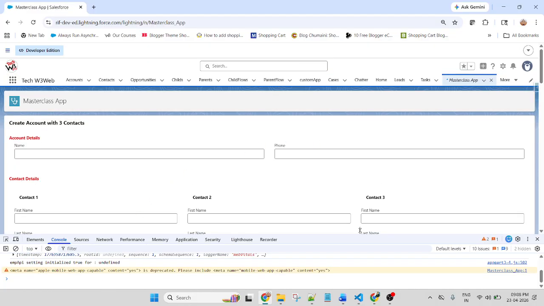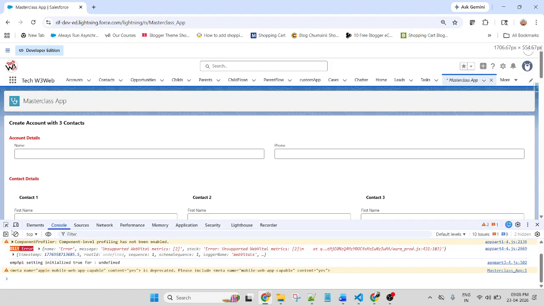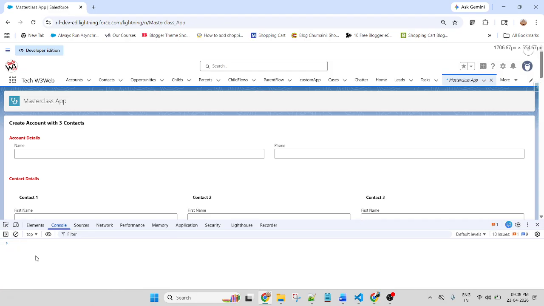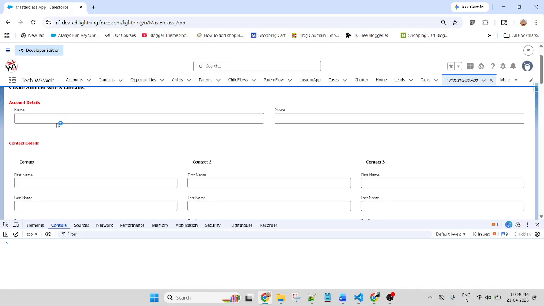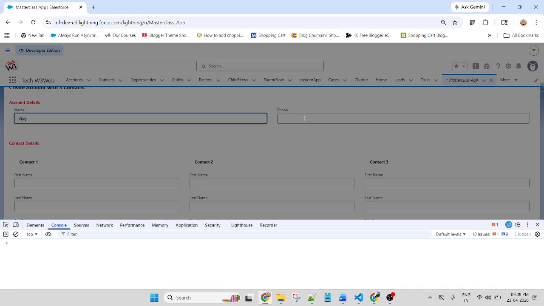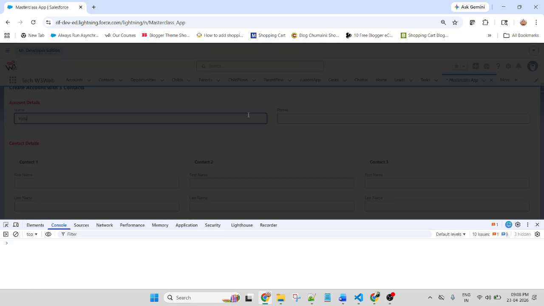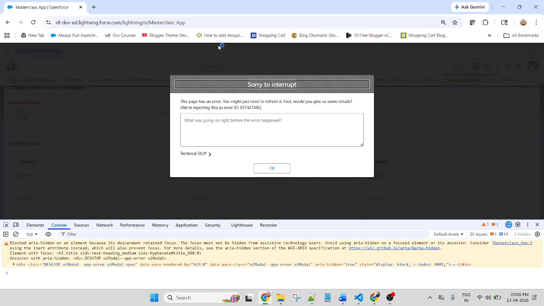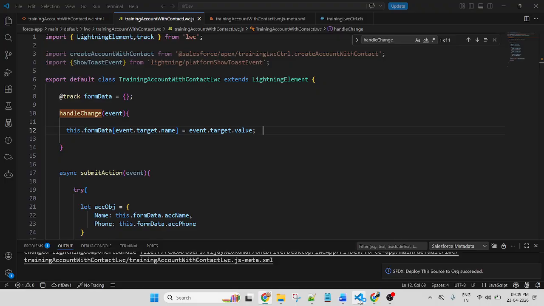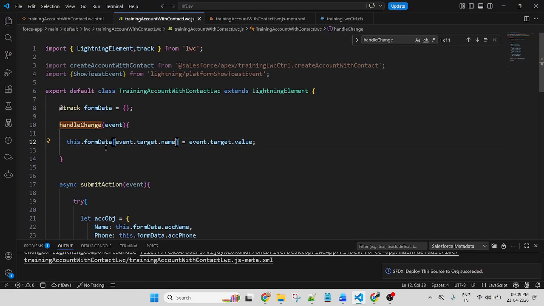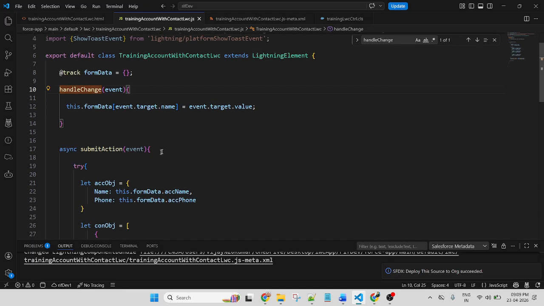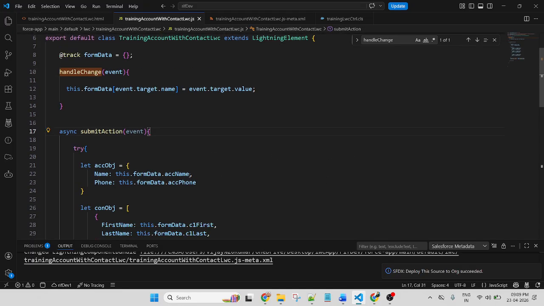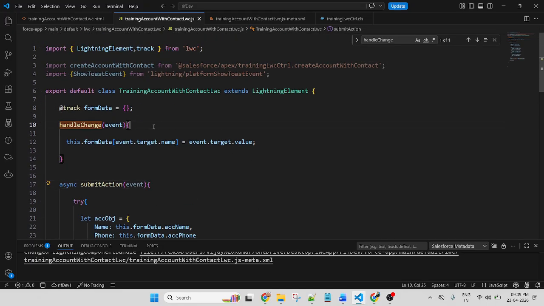Okay. So first of all, let me clean up the console so that I get the newly value. Why again and again displaying errors? No, my code is good, not error. This is the handle function.